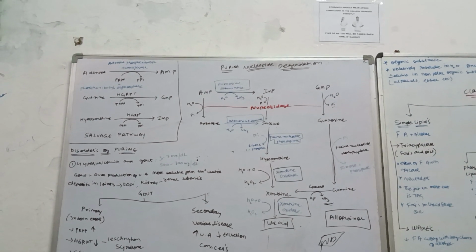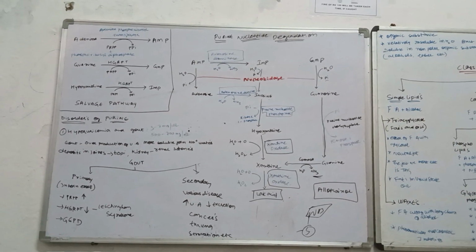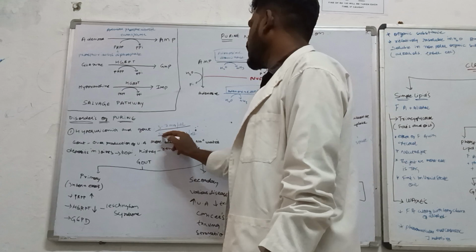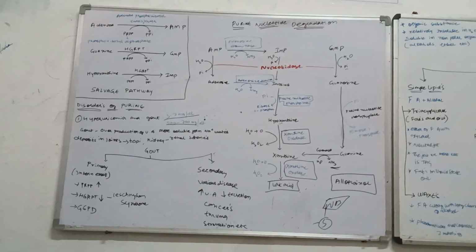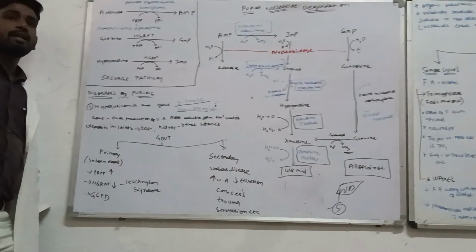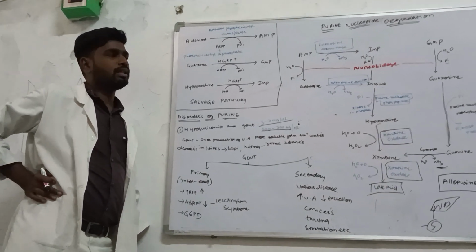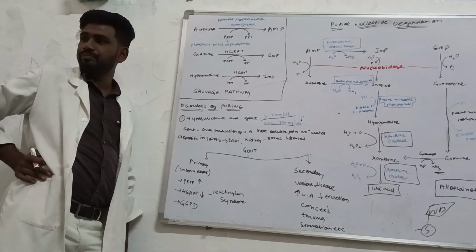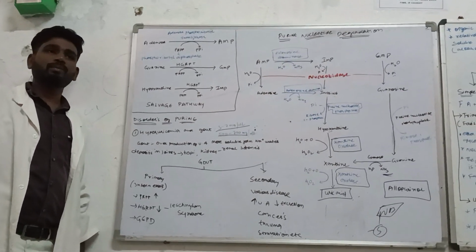Now xanthine can be converted to the end product, the base product of this purine metabolism, that is uric acid. ठीक है। Now the normal uric acid serum level is about 3 to 7 milligrams per deciliter inside your body, and the excretion is about 500 to 700 milligrams. Nearly daily आपके अंदर your urine will be undergoing the degradation and there are a lot of uric acids getting formed inside your body. ठीक है, even though parallelly it is getting eliminated from your body.